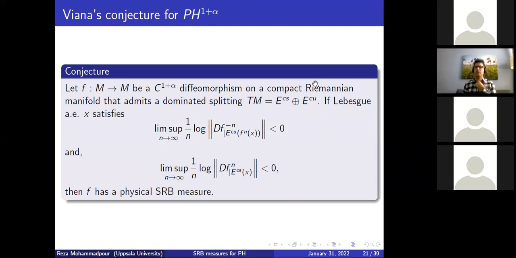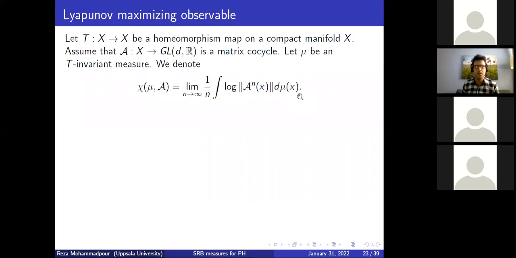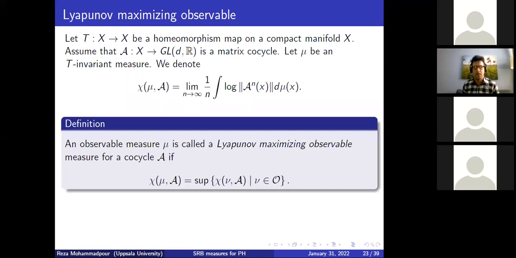Okay, now I'm going to mention the assumption of the main theorem. One of the things that was used is the technique of the Lyapunov maximizing observable measure. Let T be a homeomorphism on a compact manifold X. Assume that A is a matrix cocycle, and let mu be a T-invariant measure, and we denote the Lyapunov exponent as the limit of 1/n times the integral of log norm of A^n(x) d mu(x) as n goes to infinity. An observable measure mu, we know that an observable measure always exists, is called the Lyapunov maximizing observable measure